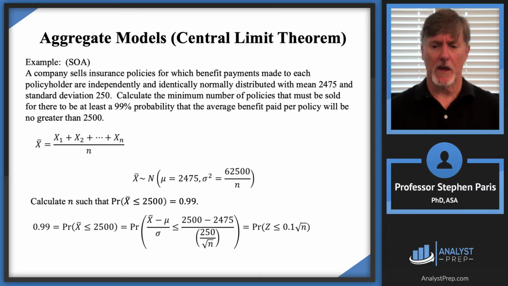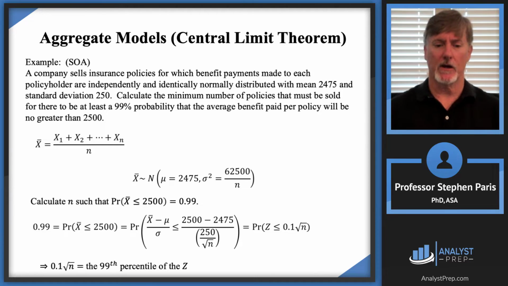So what this says then is I'm looking at 0.99 being equal to the probability that the standard normal distribution is less than or equal to some z-score, the z-score being 0.1 times the square root of n. Well, that implies that this 0.1 times the square root of n is just the 99th percentile of the standard normal distribution. I go to the tables and I find that the 99th percentile of the standard normal distribution is 2.326. So then I take the equation that's in red and I'm solving for n here. I divide both sides by 0.1, then I square both sides, and I'll see that n is equal to